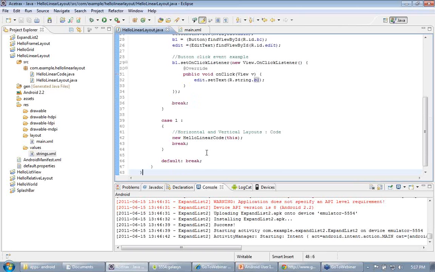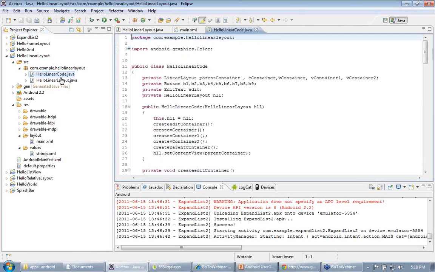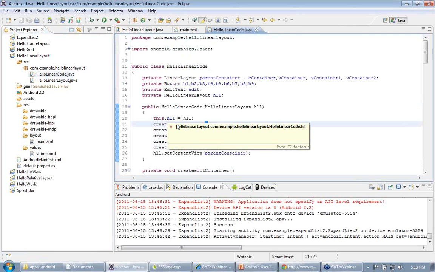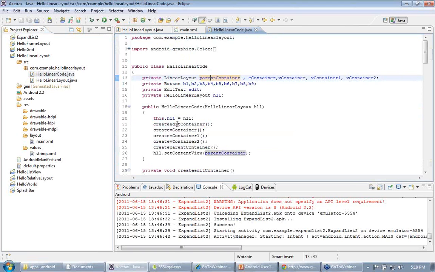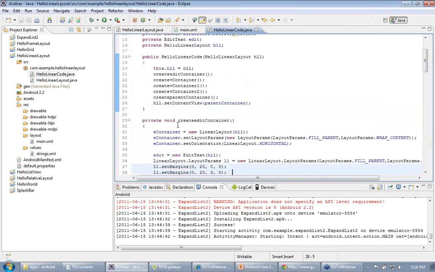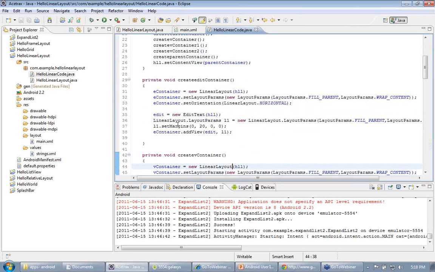We have done the same thing by using a class called HelloLinearCode. You can see here we have just defined the linear layout classes, buttons, edit text, and a reference to HelloLinearLayout.java. We are defining the methods here, setting the layout parameters, then setting the orientation, then creating the edit text box.